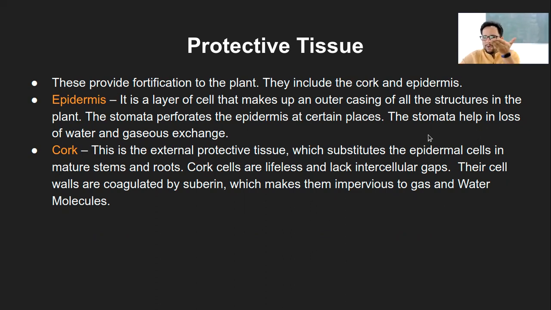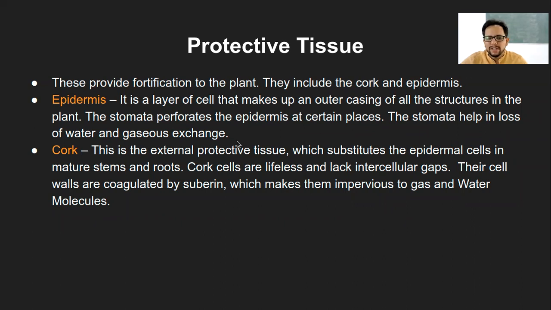Usually on the lower surface of the leaf, there is quite a large number of stomata. If my hand is a leaf, there will be an upper surface which is facing the sunlight, and then a lower surface which will be away from the sunlight. This lower surface of the leaf usually has a higher number of stomata, so that the water doesn't evaporate much, and it just goes out through the stomata from the lower surface itself. So that is the epidermis and its speciality, that is stomata.